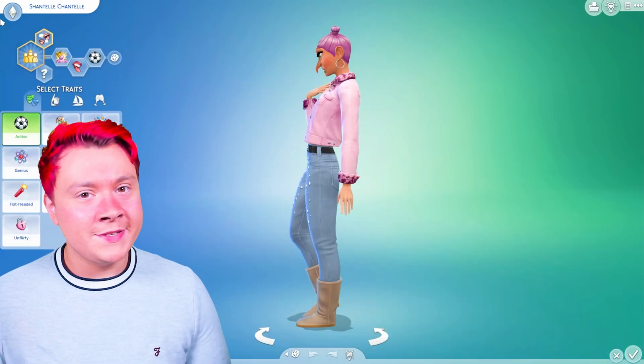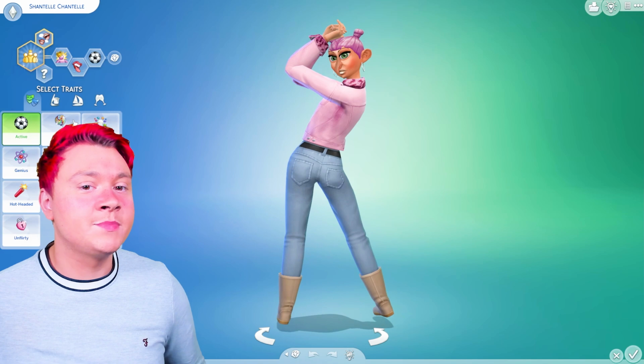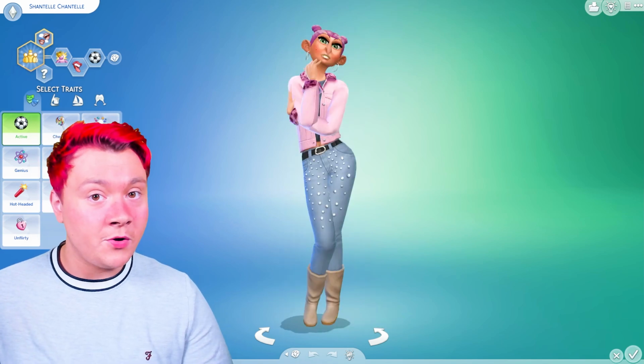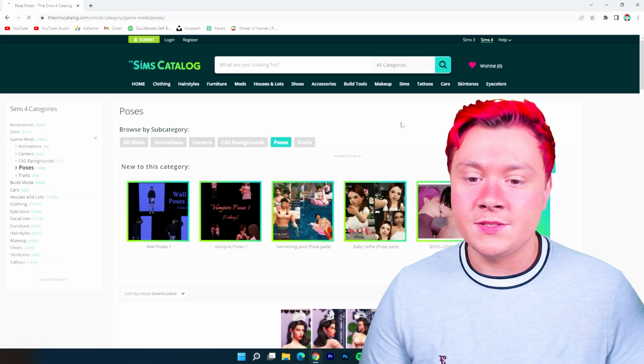The next thing people always ask me is how do I make them do all the poses like this, where they change and look like absolute baddies? These are called pose packs. If you Google Sims 4 pose packs and just go on one of the top links, you'll see loads of different